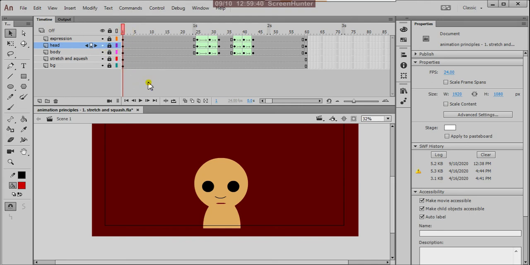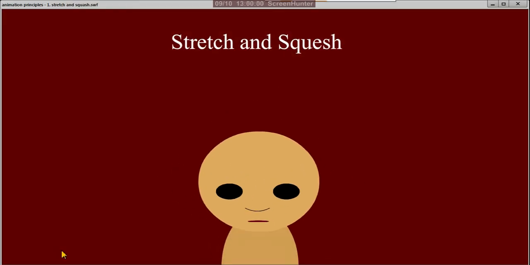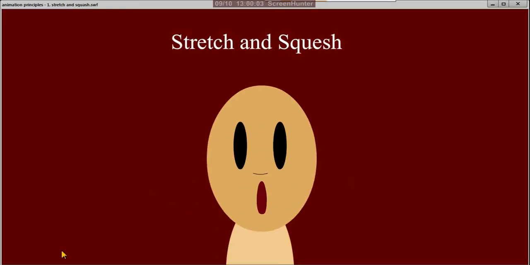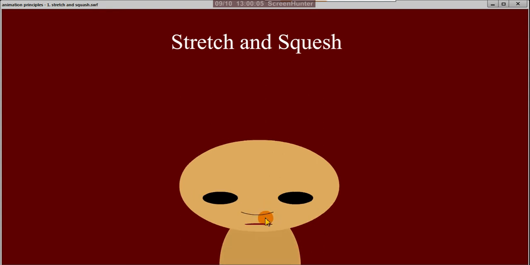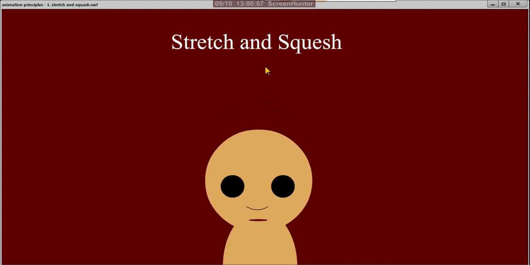Okay, suppose Control S, and you can play on the timeline, press Enter. So this is your action. Okay, and by pressing Control Enter you'll understand this. Yes, see, from the normal position it takes anticipation, stretches, notices something and comes into normal.